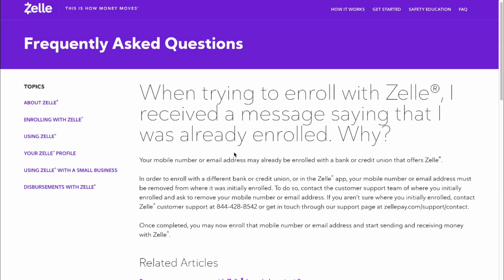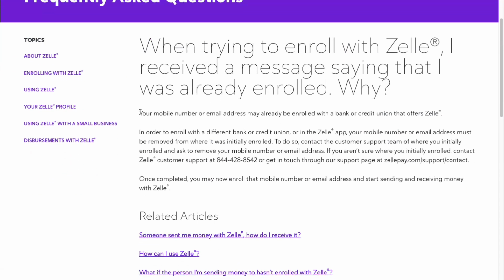Why? So let's see what's inside, and we can find that your mobile number or email address may already be enrolled with a bank or credit union that offers Zelle. In order to enroll with a different bank or credit union or in the Zelle app, your mobile number or email address must be removed from where it was initially enrolled. To do so, contact the customer support team where you initially enrolled and ask to remove a mobile number or email address. If you're not sure where it's initially enrolled, contact customer support or get in touch through your support page at